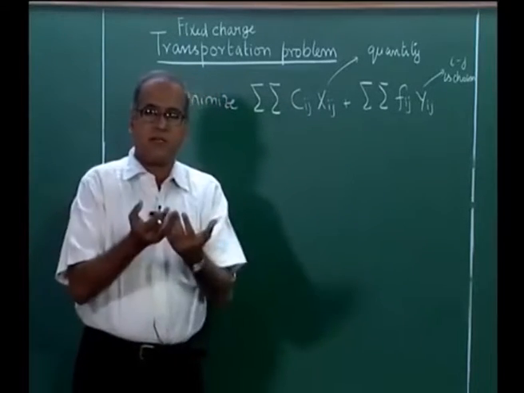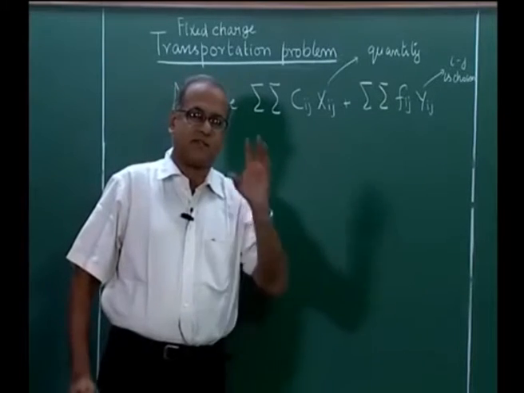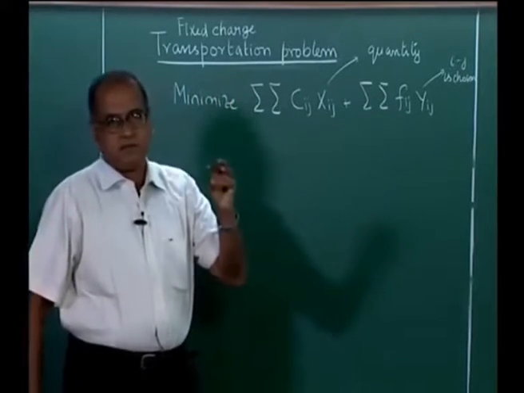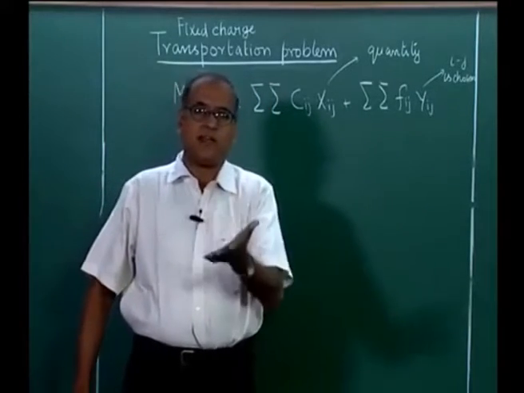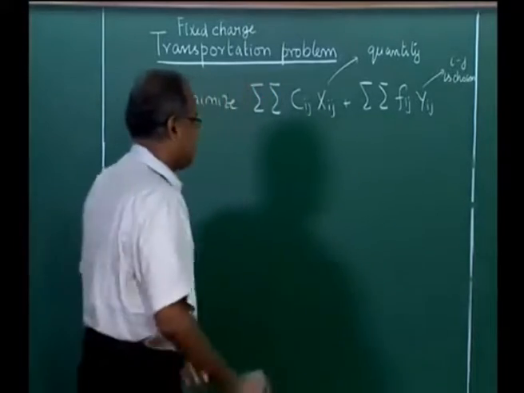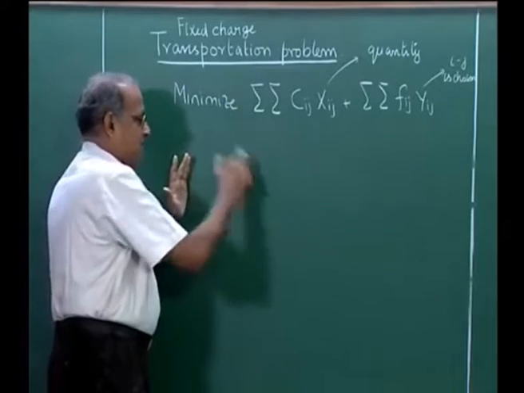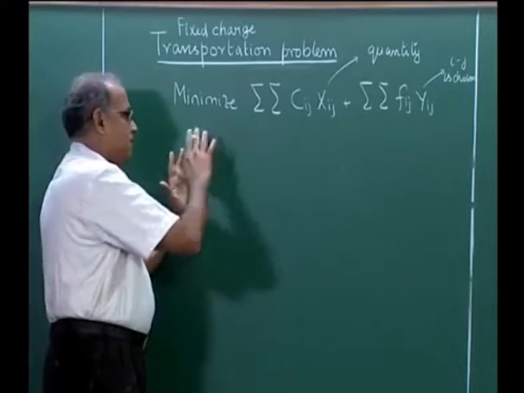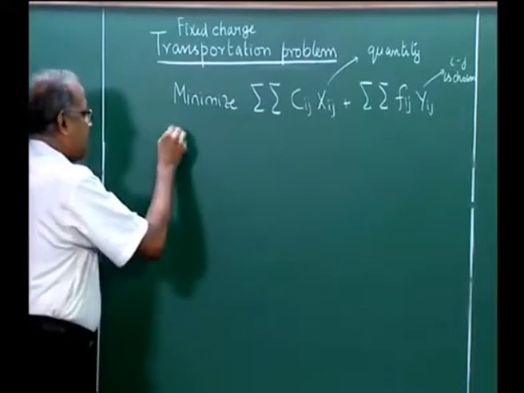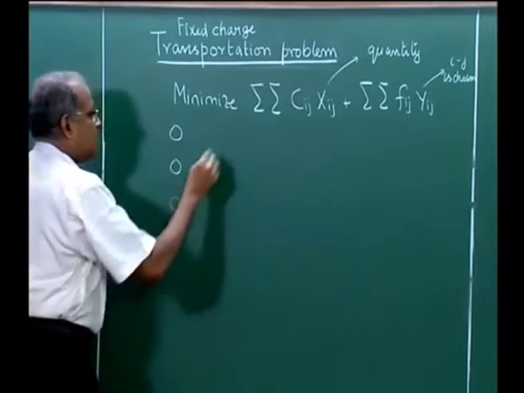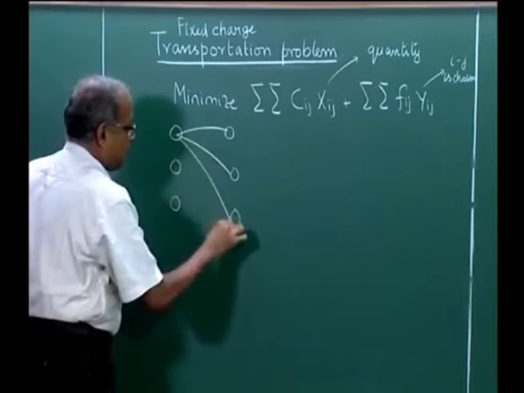So, it is very similar to the regular transportation problem, where there are only 2 entities: a set of supply points, which may be warehouses, and a set of destination points, which could be retailers or customers. So, there is only one stage and 2 entities, and the material flows from one set of entities to another. We could think in terms of 3 supply points and 3 demand points, and items flow this way.